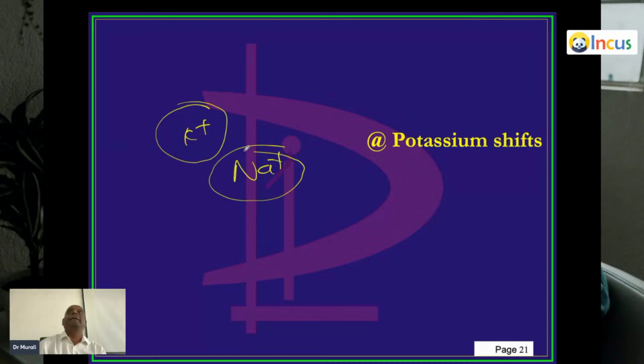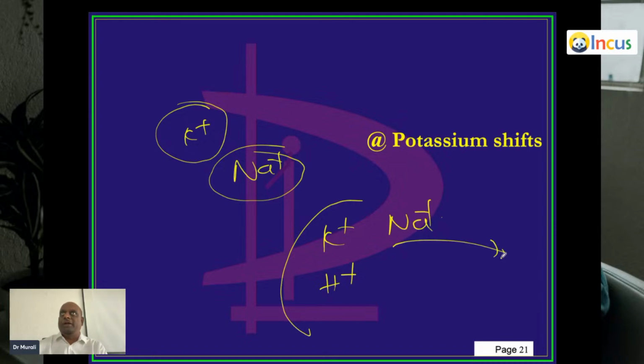Sir, in Liddle syndrome, there is loss of potassium and sodium is reabsorbed. Correct. So, potassium is also a positive ion. It is getting lost. So, why is there alkalosis in the body? Because we are losing H plus, no beta. Reabsorption of sodium is against the loss of potassium and H plus into urine. Because H plus is lost, we get metabolic alkalosis.